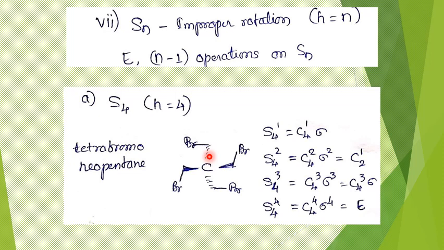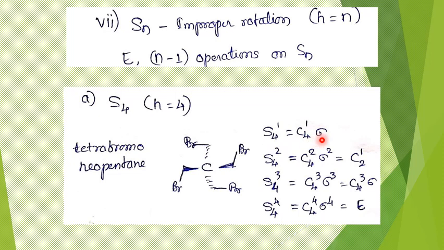But in the reflection plane, the perpendicular plane, if I take reflection, this bond which was present above goes below. That's how the molecule results in an equivalent orientation. We shall see this in 3D animation. So that's how the operation that I can perform on this molecule is in fact S4. If it is S4, we know that n different operations can be thought of. Out of that, a few will be genuine improper axis operations, and a few others just turn out to be simple operations. That has been given here.